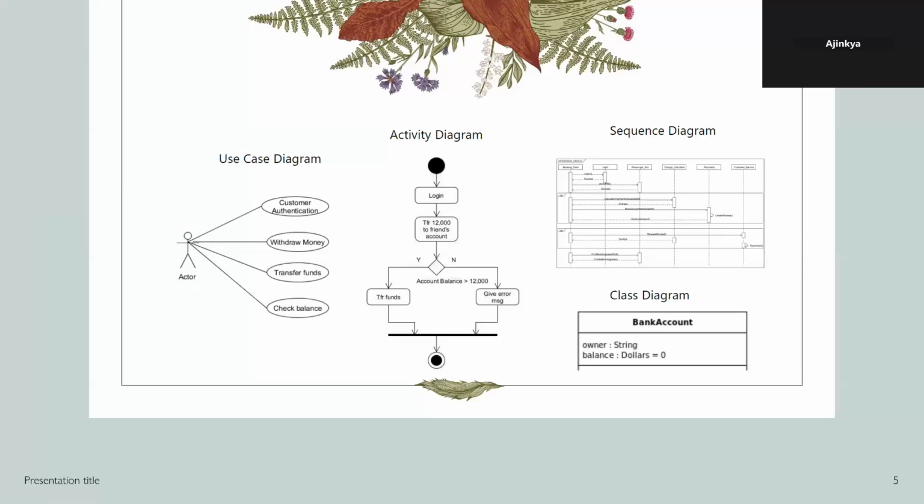The actor means the person who is performing that activity, right? Actor here means the customer of a bank, or the customer of the ATM. So first we have to authenticate that customer, like by the PIN identification number, right? First, he wants to insert the card, then he will see the details. Now he will put in the PIN number. That is nothing but the customer authentication process.